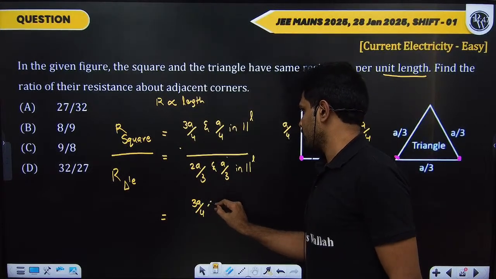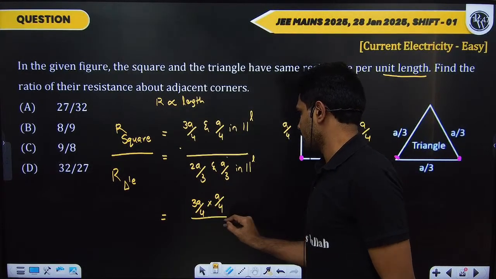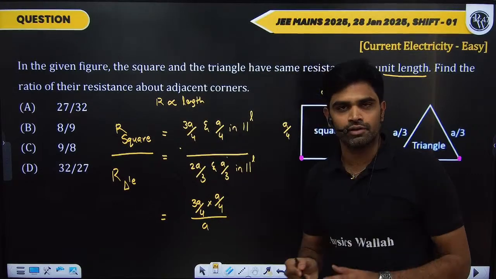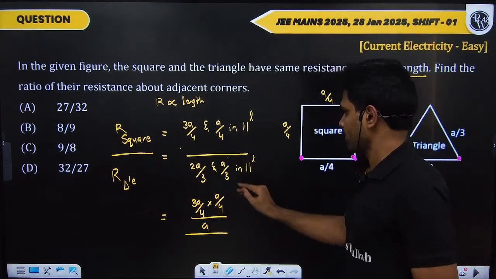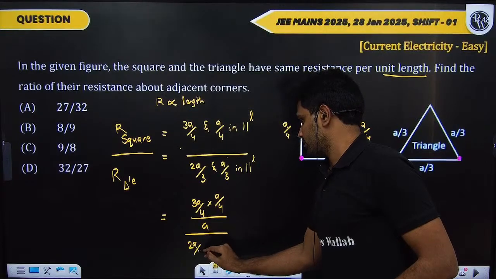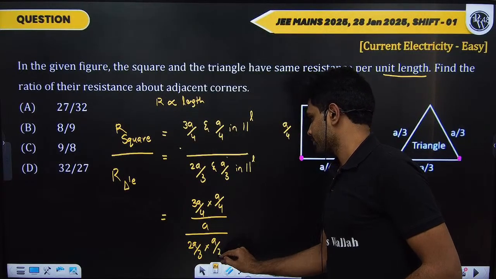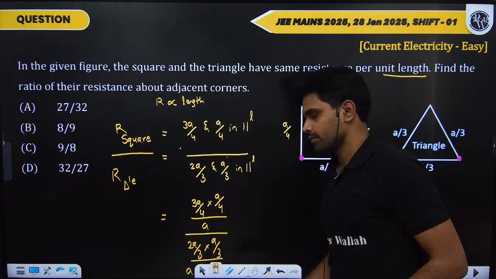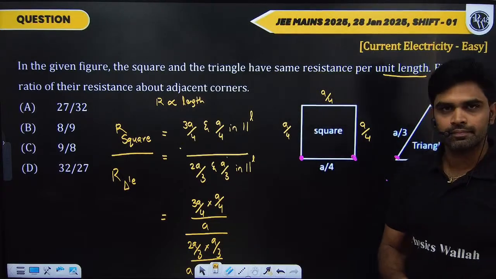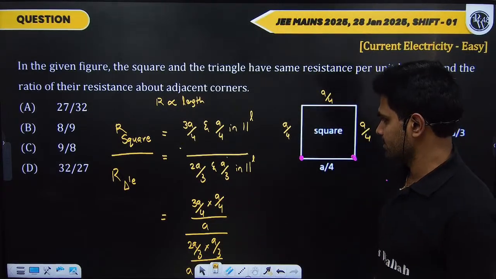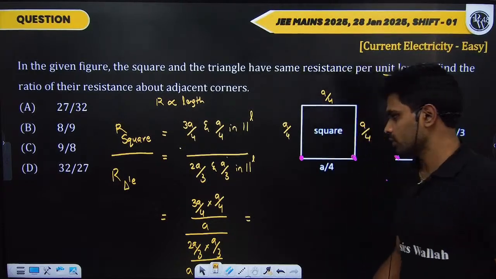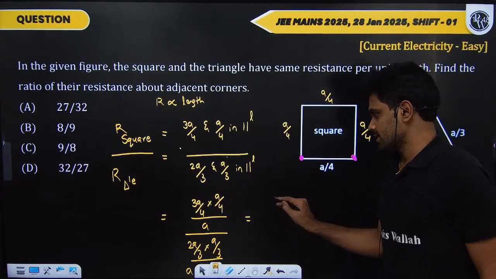A by 4, a by 4 by a by 4 plus a by 4 is a only. A by 3, a by 3 divided by a by 3 plus a by 3. What are we getting? 3 by 16